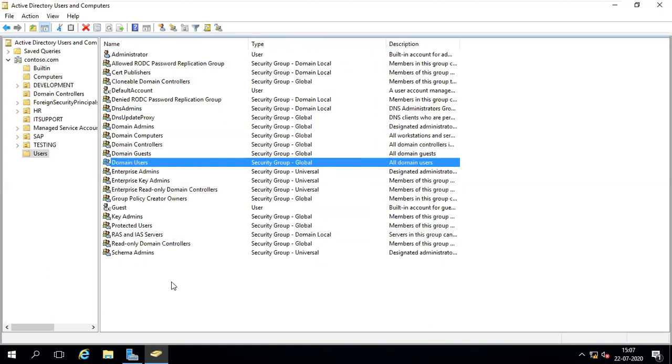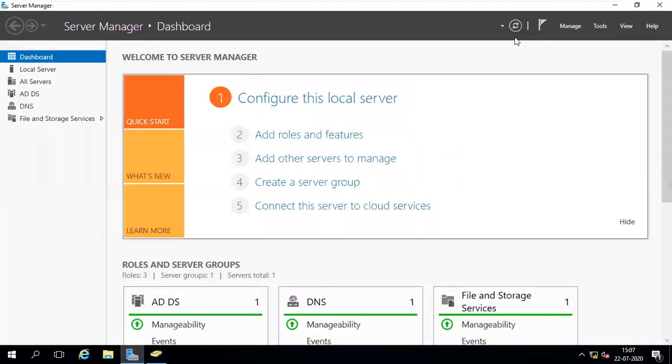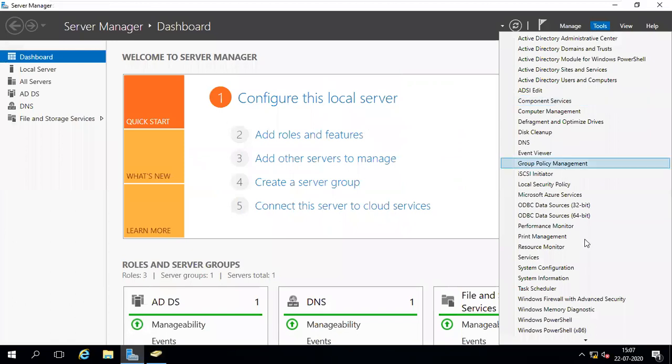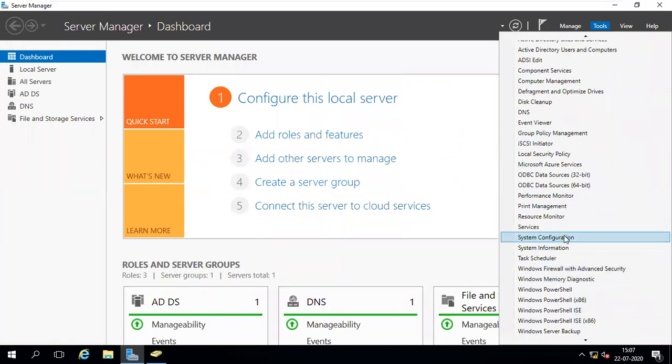Okay, but the local group is not given. Why is it not given? Where is the Hyper-V administrator? Okay, when we install DHCP, then we'll see that one. So we can't see actual local groups here, but you can go to system configuration, like that you can see.